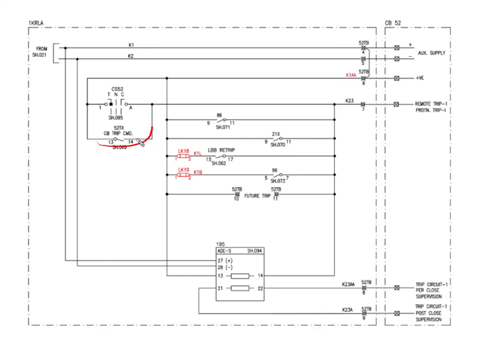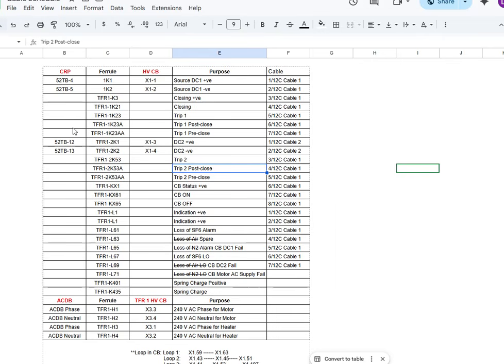and through the SCADA. This is, I think, the auxiliary relay for tripping the breaker, and also through the 86 operated relay, distance trip relay, LVB retrip and busbar operated contact that will go to the tripping circuit 1 of the breaker for the tripping purpose. So that's called K23, and the TB they have used is 52TB-7 in the relay panel. So we'll update that in our Excel sheet,